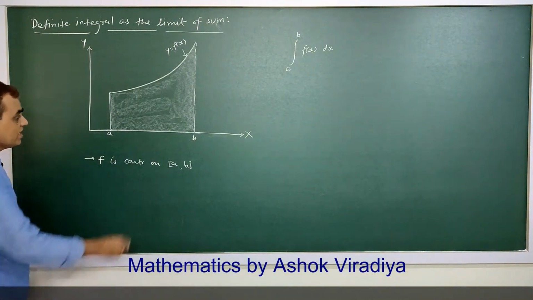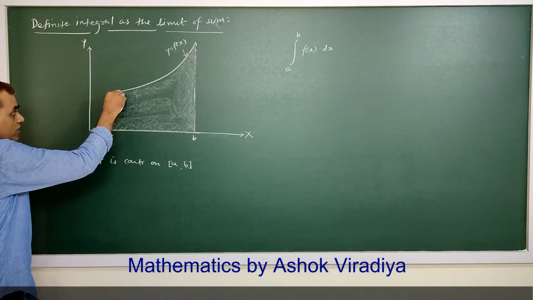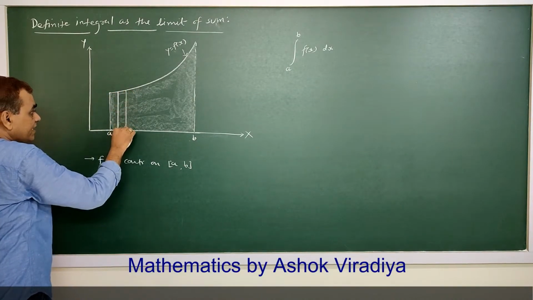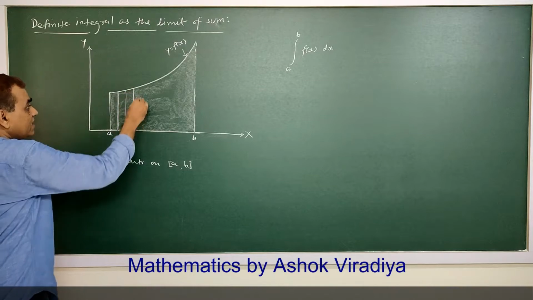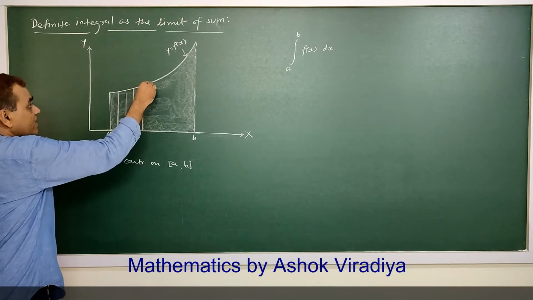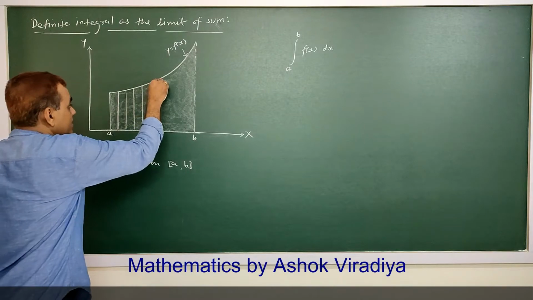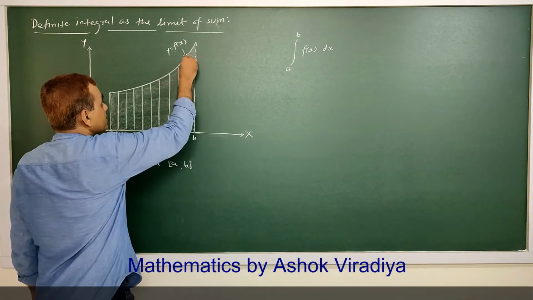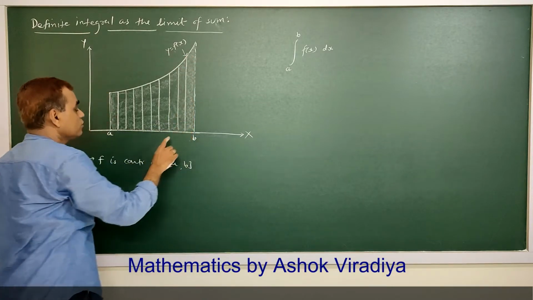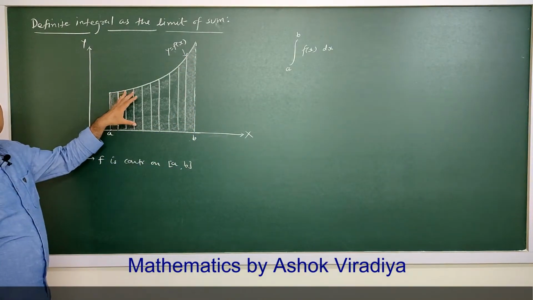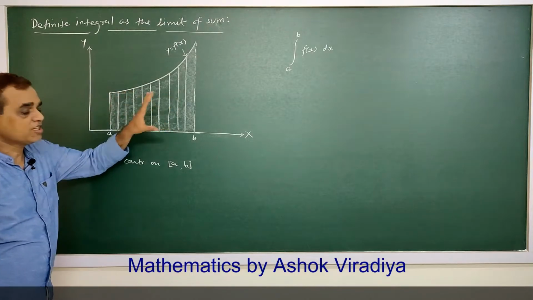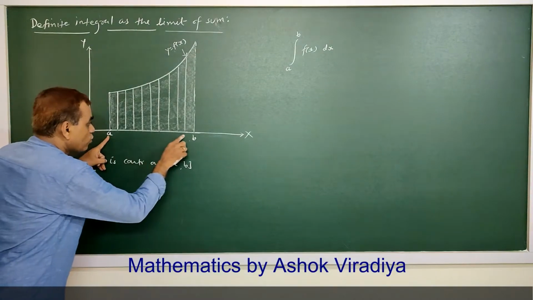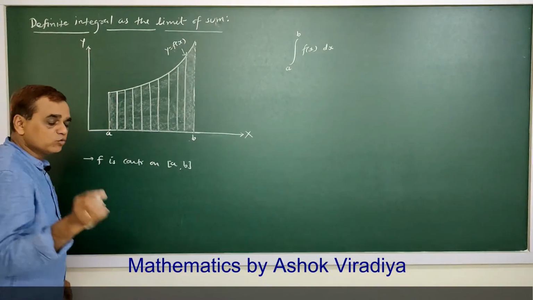What we do, we divide this into strips. This whole area is divided into strips, and we will take the sum of the areas of all these strips. The sum of the areas of all these strips is equal to the area of this region. And the method is, we divide this closed interval a to b into